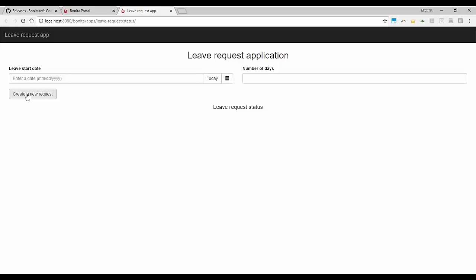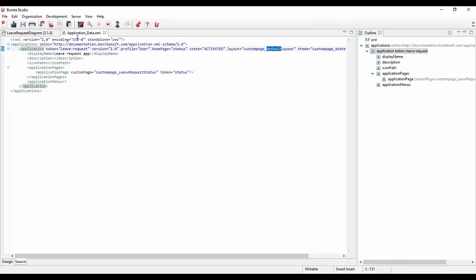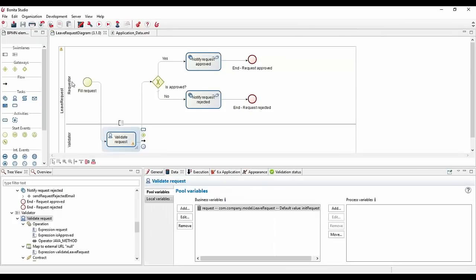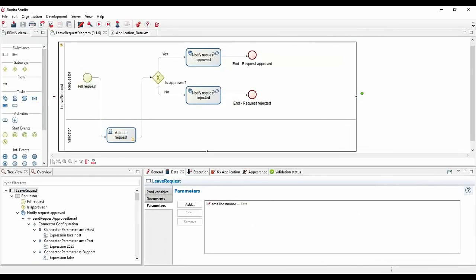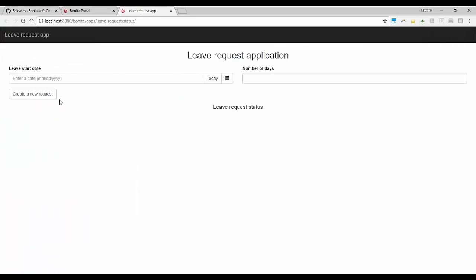And this button will be basically a start process REST API call to make sure that a specific process that we have defined in the business logic, so this one, will be triggered. So there is a big link between application, the pages that are part of this application, and also the processes that are the controller of this application. So that's just an example.